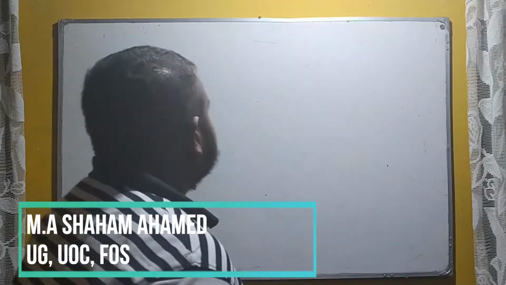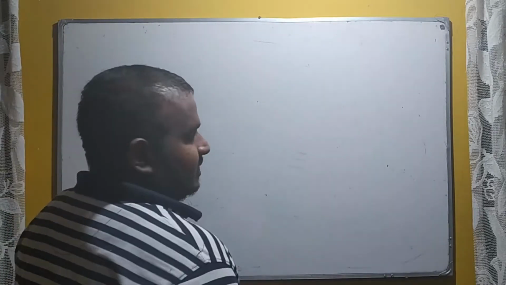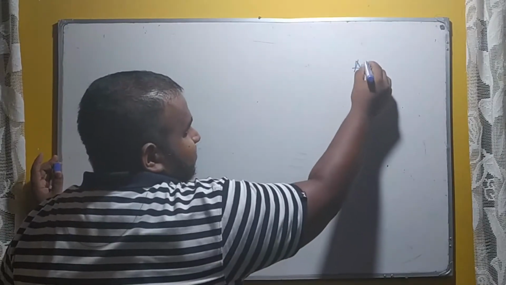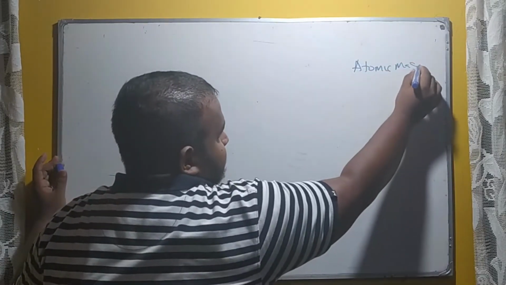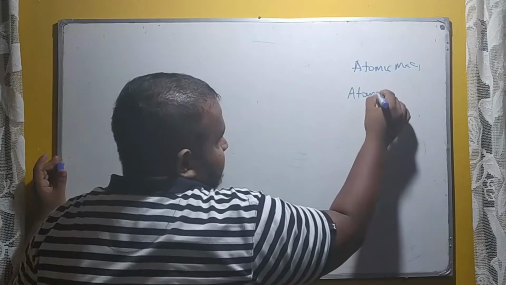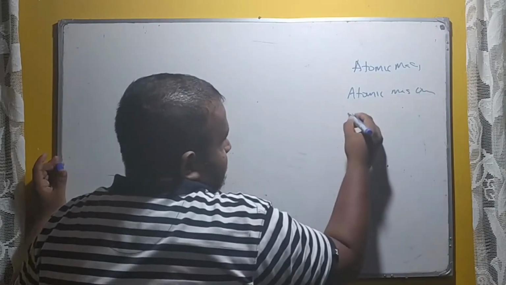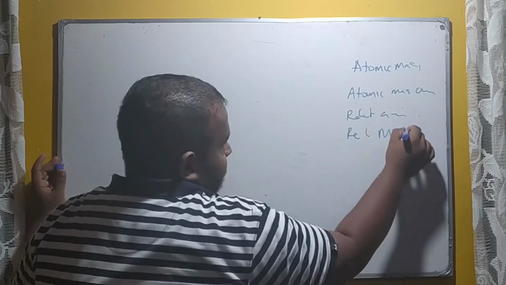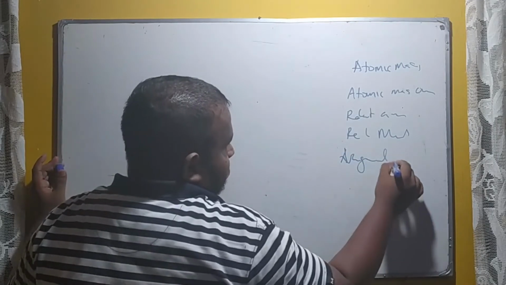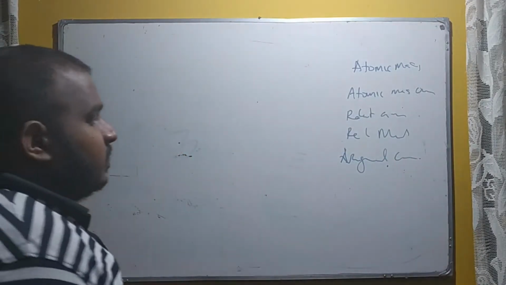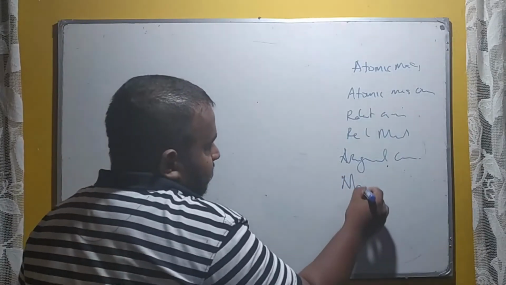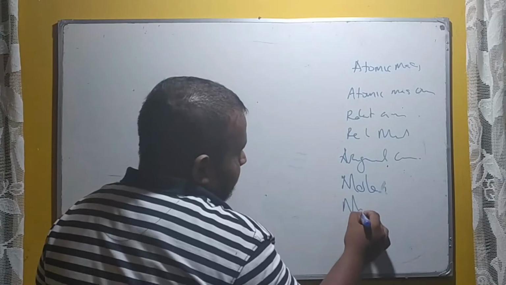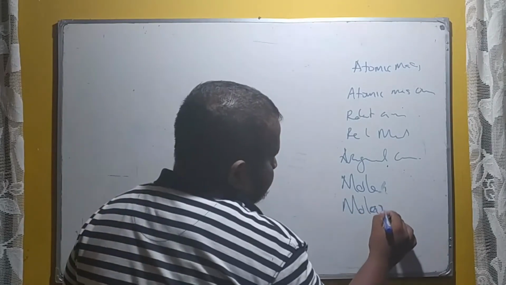Hi. So this is the third lecture on quantification of elements and compounds. Just going through what we studied in the previous lectures. First we studied the atomic mass, and then atomic mass unit, and then the relative atomic mass and relative molecular mass, and then finally the Avogadro constant. Now we are going to add two things: next one is mole, and finally the molar mass.